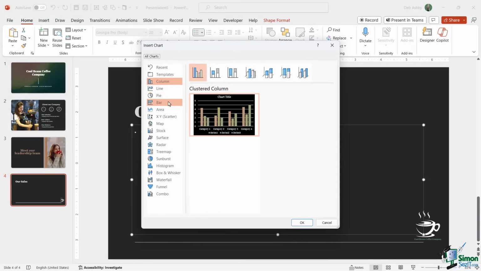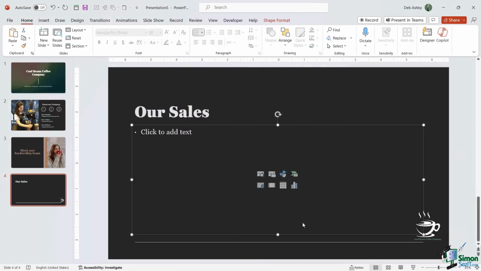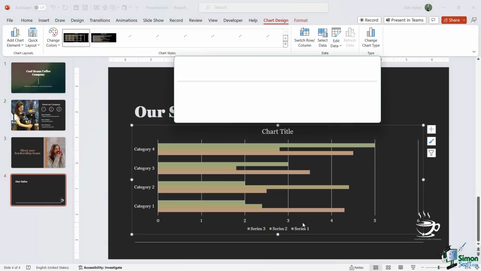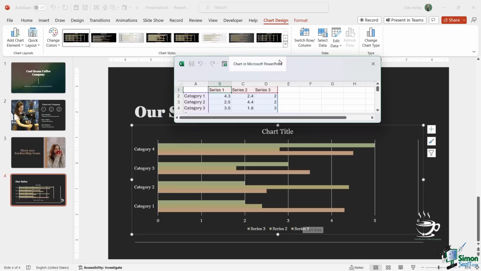Now, I asked you to insert a bar chart. So bar charts are basically very similar to column charts. They just run horizontally across the page as opposed to vertically. So let's click on OK. Now, what this is going to do is it's going to insert the bar chart and it's going to open